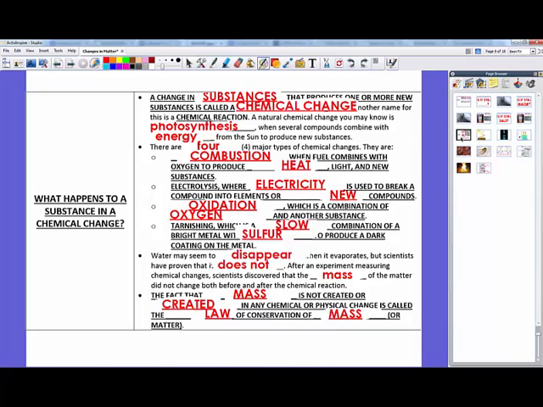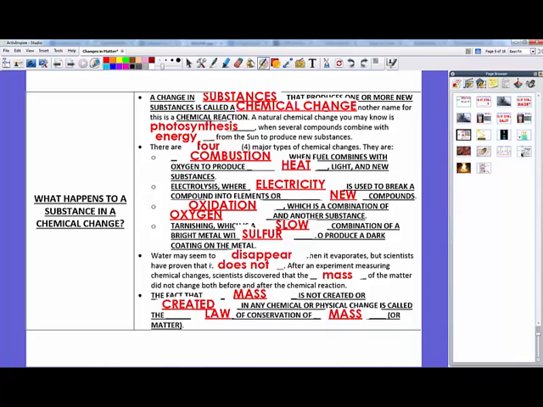And we'll get into this a little bit more. We'll talk about balancing equations. You can see that for yourself. But right now, just remember this. When you have a chemical reaction, everything that's in there is still the same. Okay? And we'll do a lab demonstration where you can see the law of conservation of mass in action to